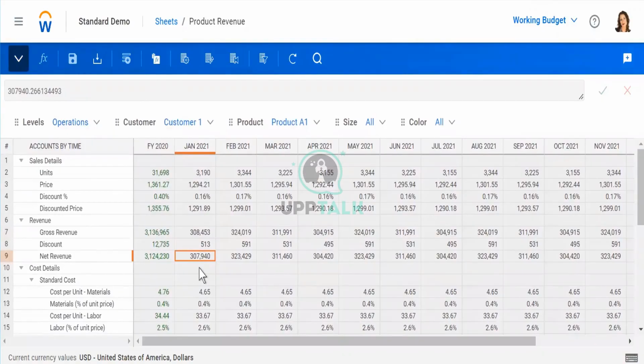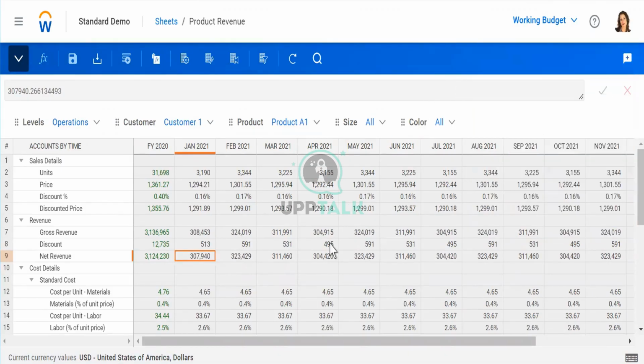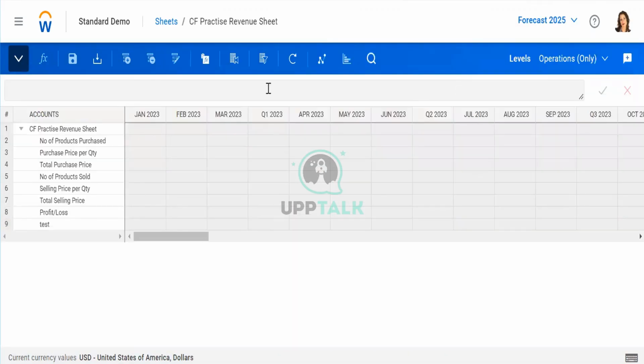If you want to write a formula for this particular account in this cell, you just simply click on this and write a formula. At the moment, the user we are using in this tenant does not have edit access. We are not able to write formulas or enter data in the sheet. That's why we were facing issues on the sheets we built to enter the data. We could not see how the data can be imported in the sheets.